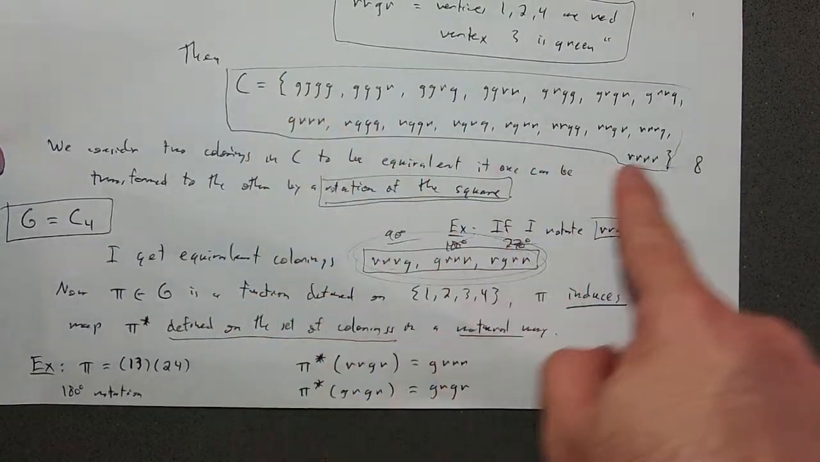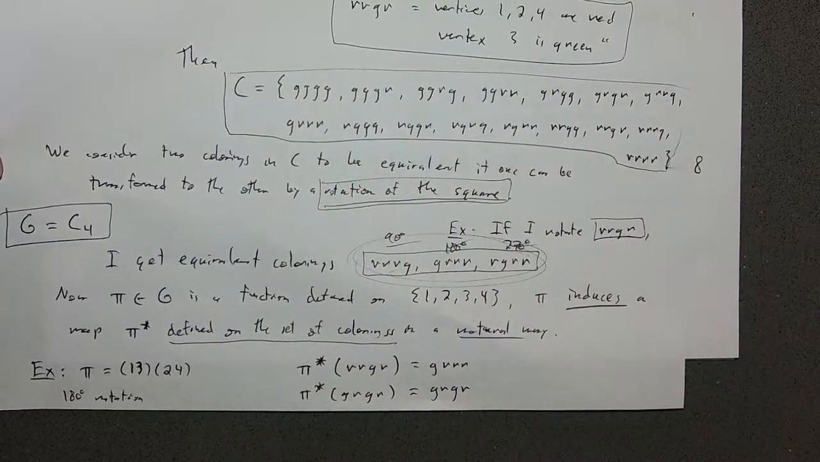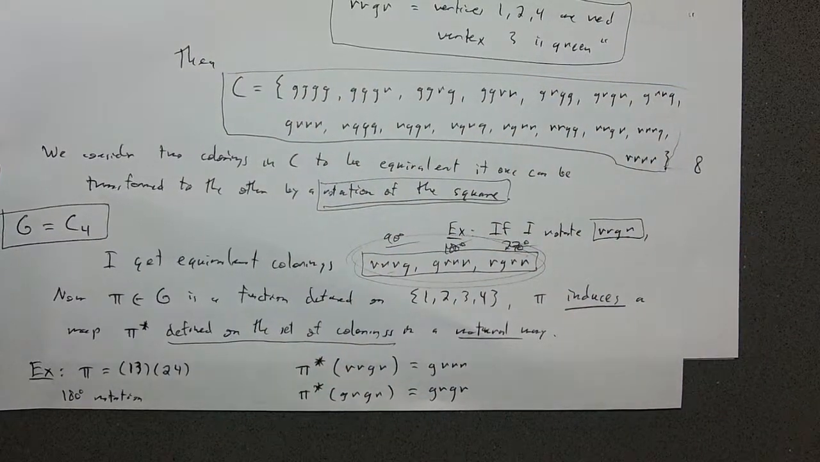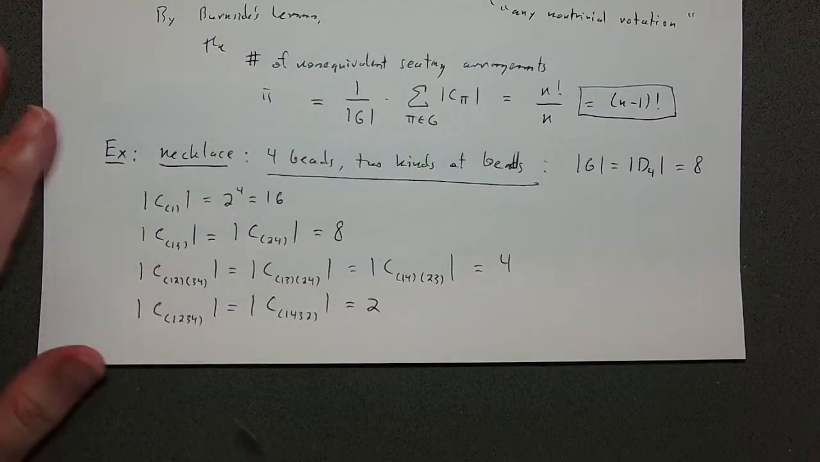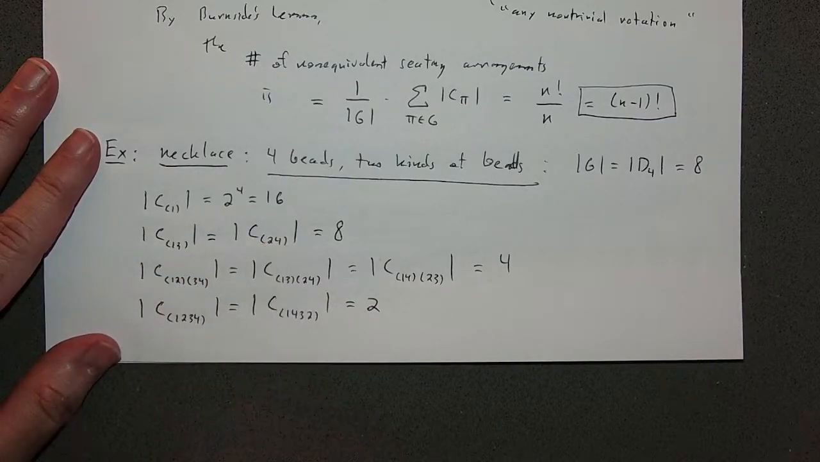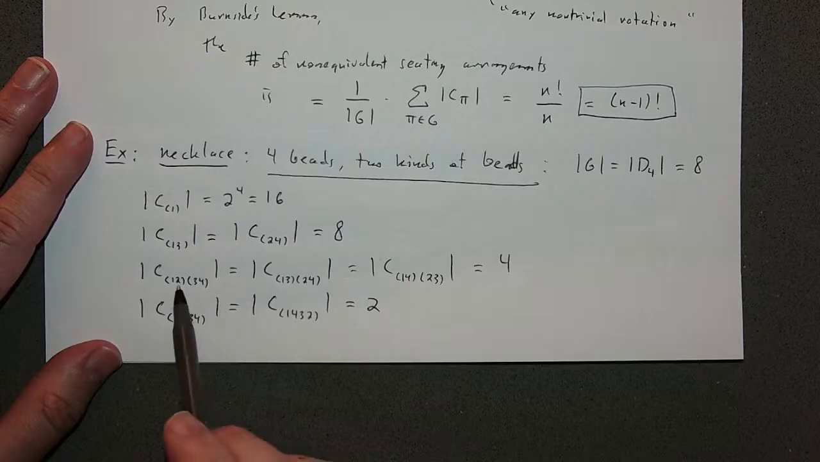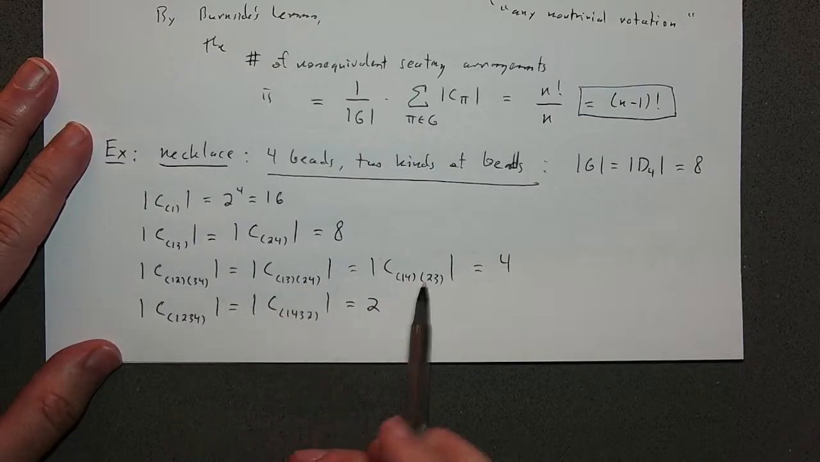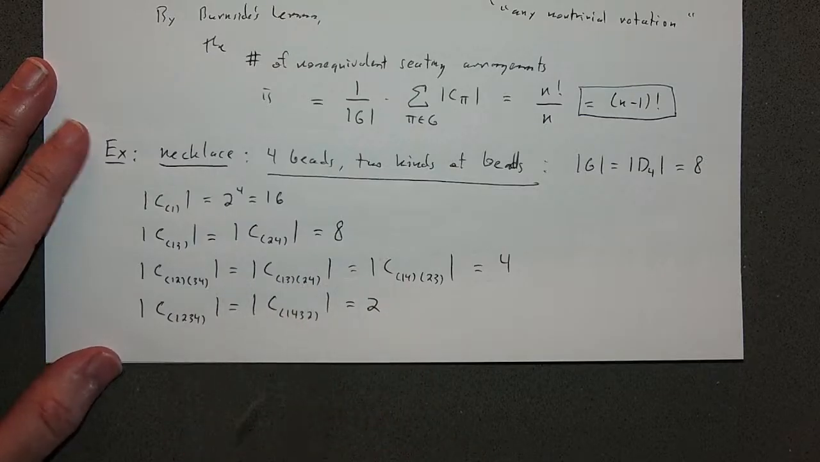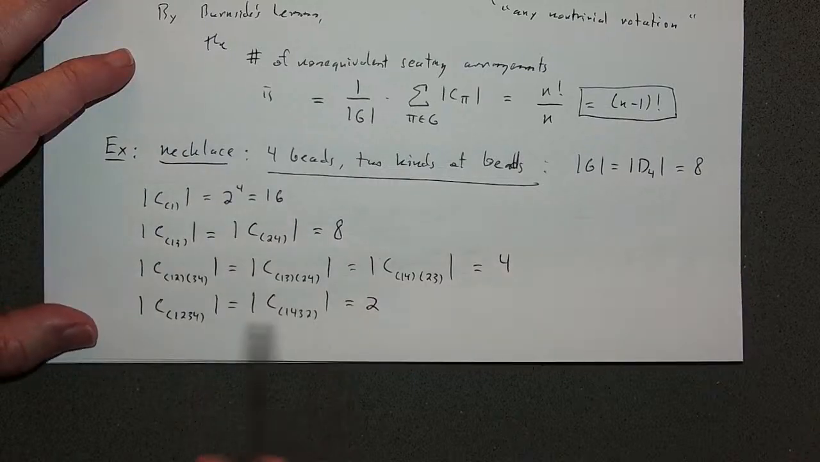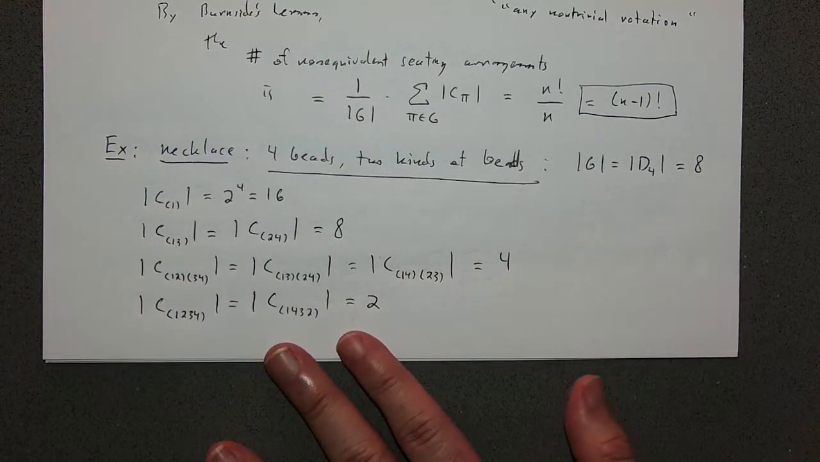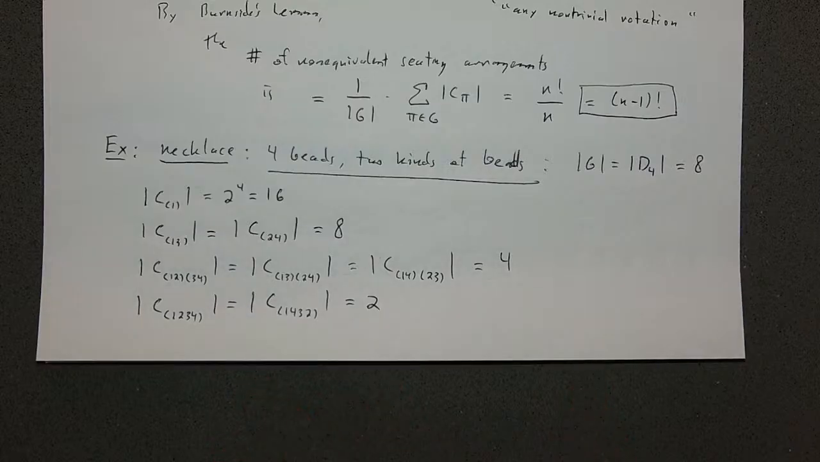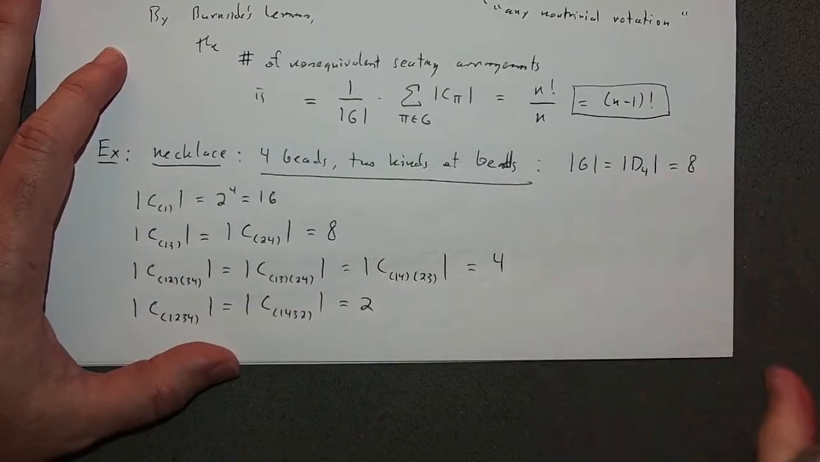So here's the full list. Think about which of these are fixed by the permutations 1, 3, and 2, 4. Think about which ones are fixed by these. How about these? See if you can identify the two colorings fixed by these two. Okay. And so, once we have done all of this by Burnside's lemma,